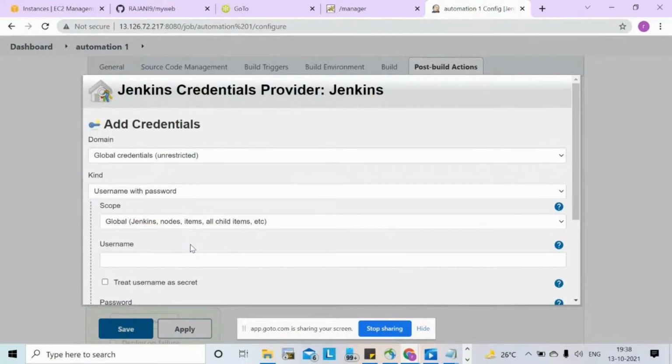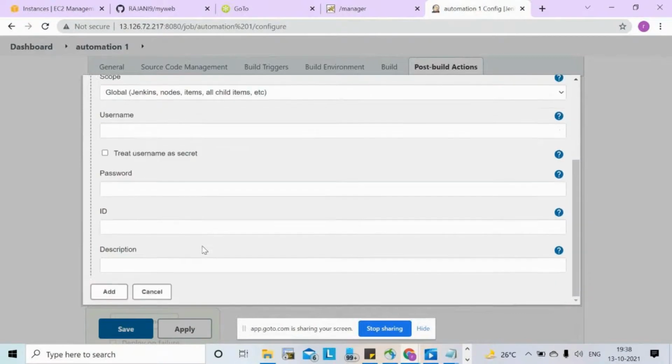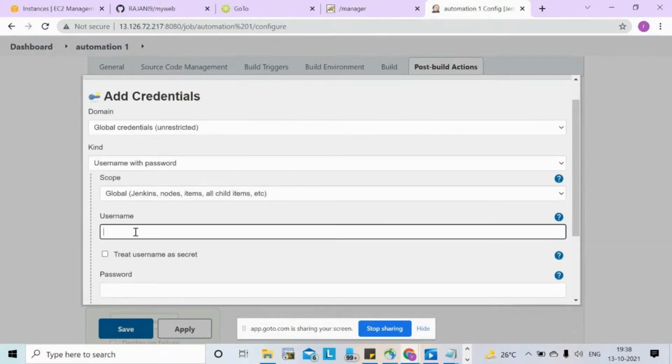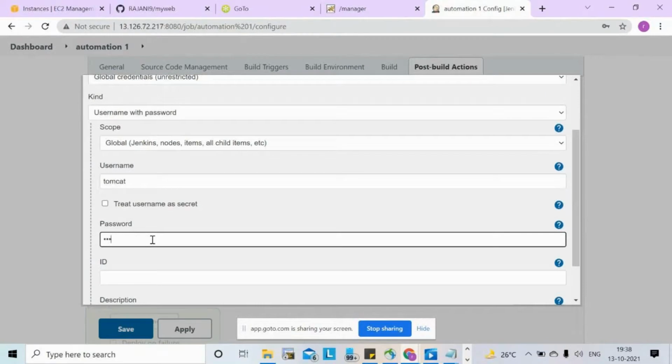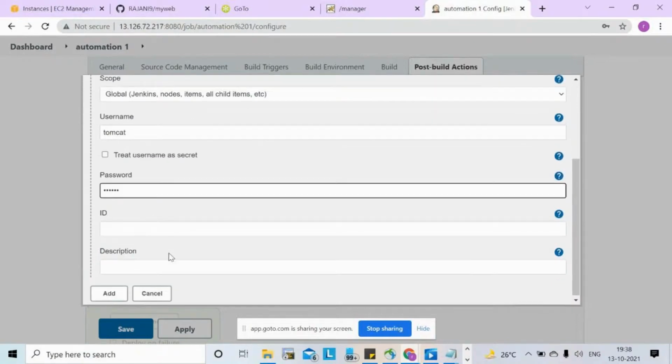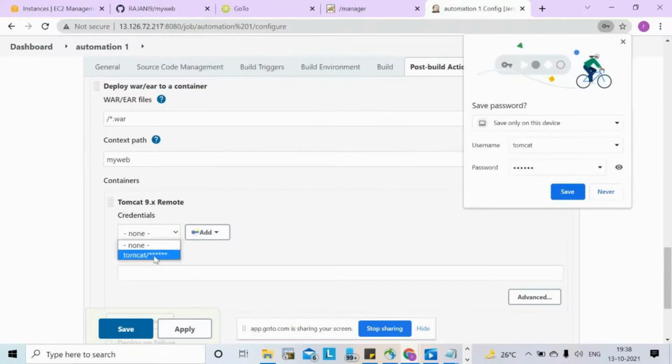Jenkins credential providers. Here you have to give the user of Tomcat. Username is Tomcat. Password is Tomcat, right? Yes. Tomcat. Close. Tomcat.